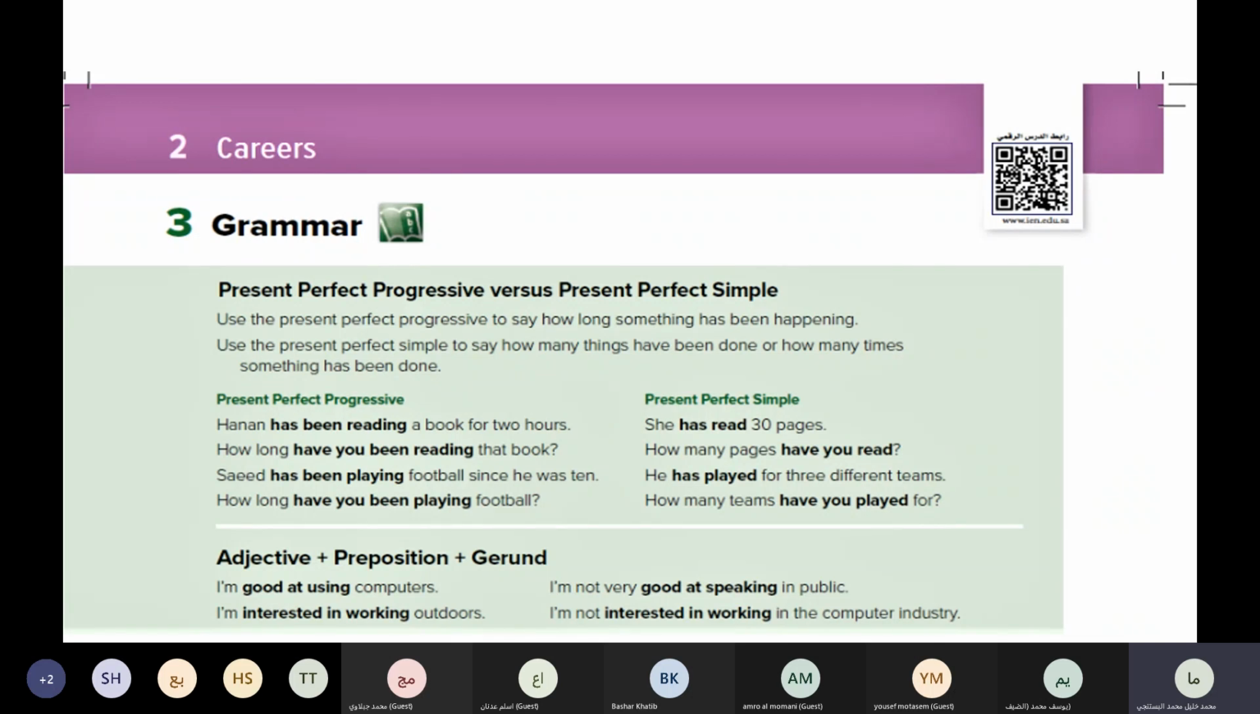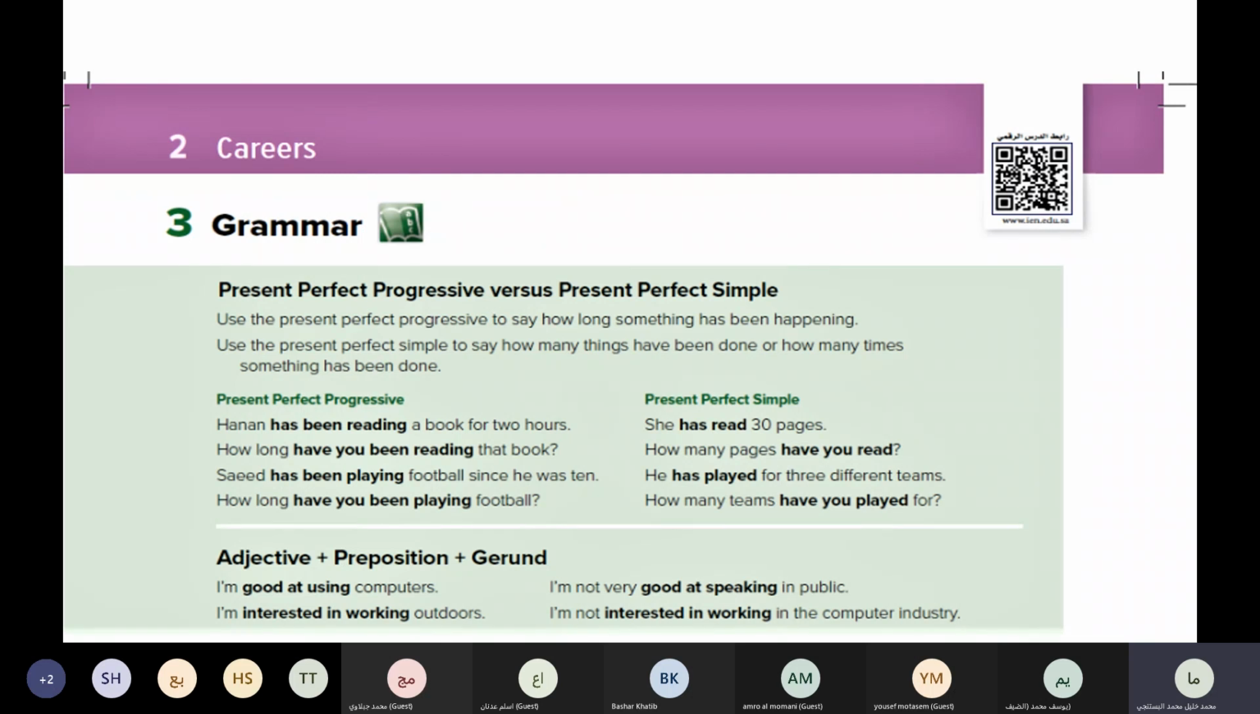Saeed has been playing football since he was 10, up to now. And you know he is playing up to now, okay? And he may continue playing in the future. But we focus on what? We focus on time. Look here, since he was 10. Now, if you want to focus on the numbers of the teams which he has played for, we